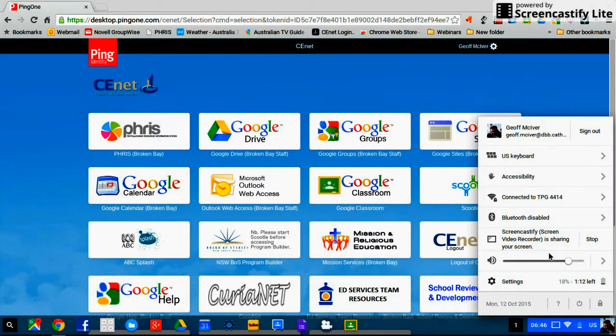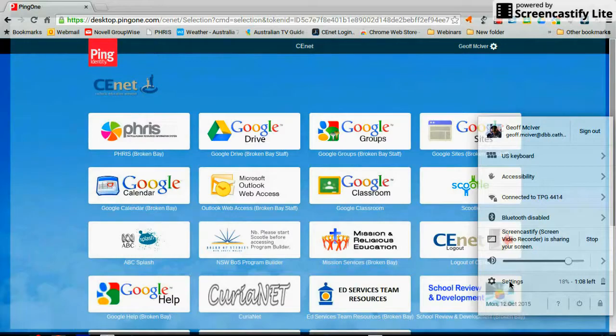Also in the settings, you can set accessibility options. You can see which wireless it's connected to. So when you're within the school, it should always be the DBB mobile, otherwise it won't work. You can enable or disable Bluetooth. It shows the program that I'm presently running, which in this case is Screencastify, the volume settings, and then the settings themselves. So if we click on settings,